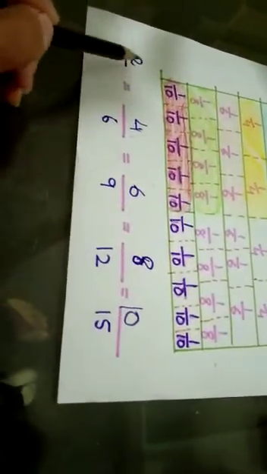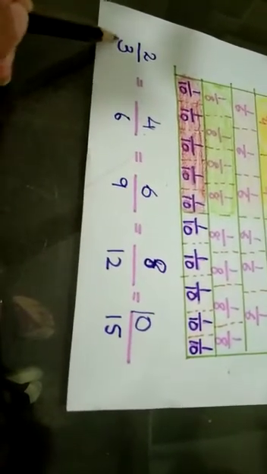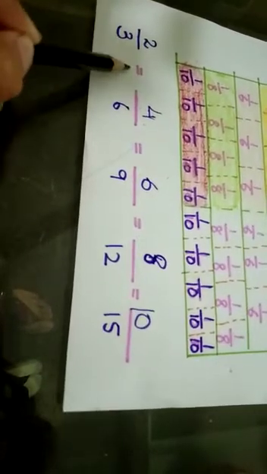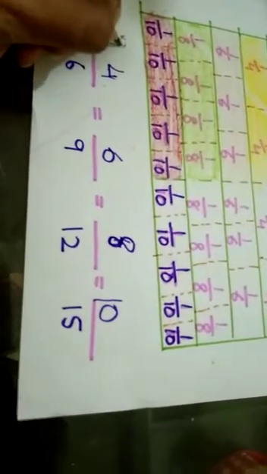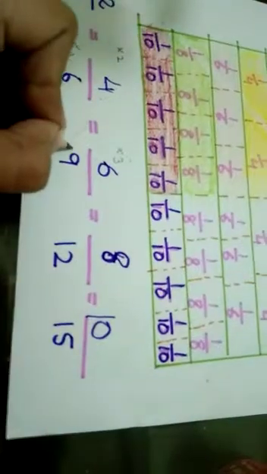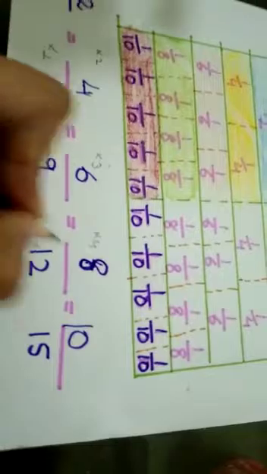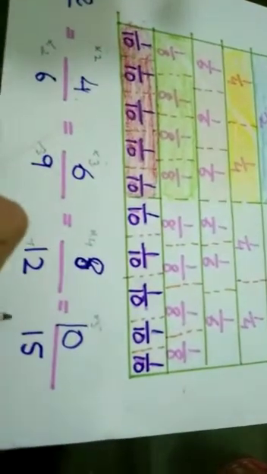On the upper side you will write the table of 2, and on the lower side you will write the table of 3. Here 3 1s are 3, so 3 2s are 6, as I am multiplying by 2 here, so I will multiply by 2 here also. In the same way, if I am multiplying the numerator by 3, I multiply the denominator also. If I am multiplying by 4 in the numerator, then by 4 in the denominator also. And if I am multiplying by 5 in the numerator, then I have to multiply the denominator by 5 also. So this is really very simple. When you practice, you will find out how to find equivalent fractions.